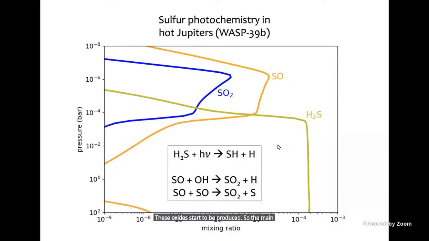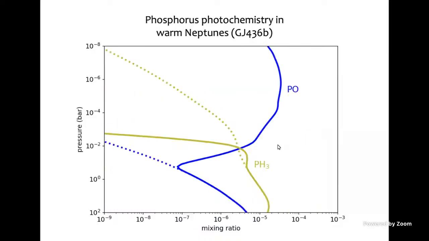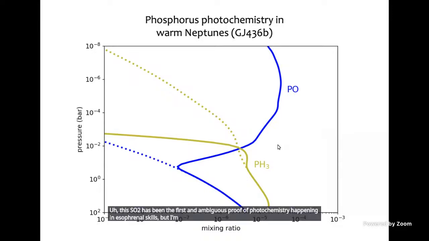The main reactions that form this SO2 are these two reactions that involve sulfur monoxide as a precursor, which in fact is predicted to be even more abundant than sulfur dioxide, okay? So this is also a nice prediction from the chemical models that at some point will be nice to test. This SO2 has been the first unambiguous proof of photochemistry happening in exoplanet atmospheres,